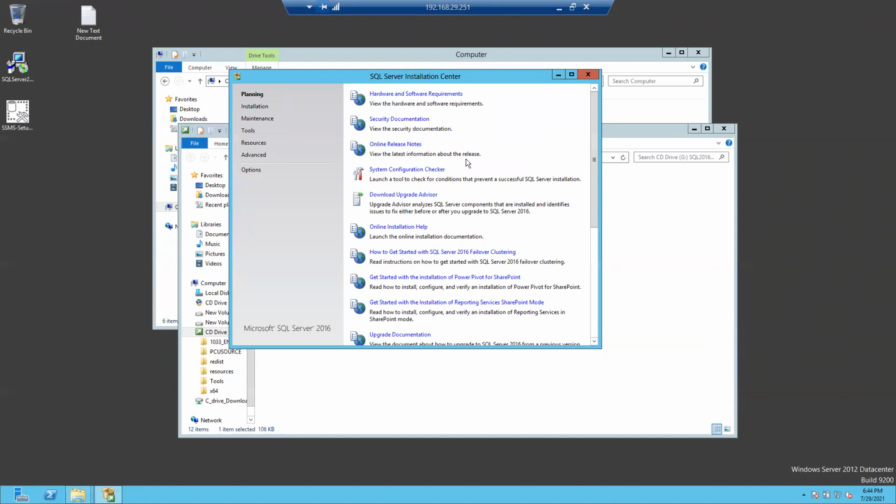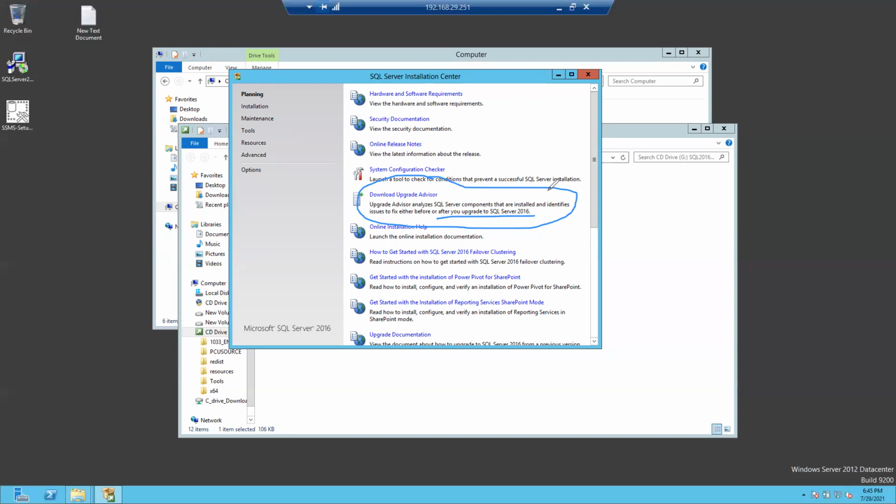So what is this download upgrade advisor tool? The upgrade advisor analyzes the SQL Server components that are installed and identifies issues to fix either before or after you upgrade to SQL Server 2016. This is the SQL Server 2016 software I downloaded.